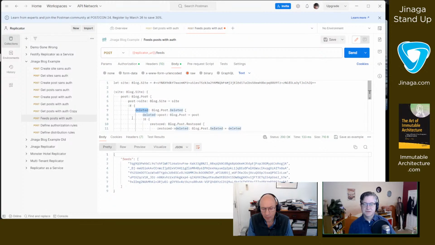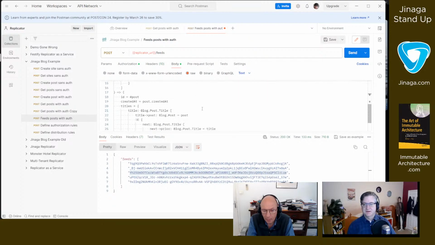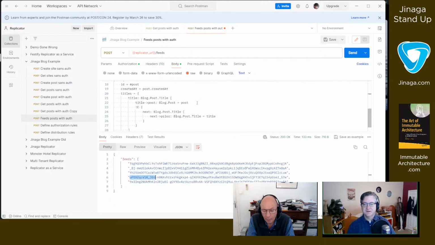And then the next one is, I think it's going to dive in now one level deeper. And it's going to say, okay, give me the post and the deleted where there does not exist a restored. And stops there. So that's going to tell you about new posts. This is going to tell you about the deletions. And then finally, this one is going to tell you about the restores. And then we've got 2 more that are, okay, so given those posts that were never deleted, tell me about the titles, and then tell me about the next.